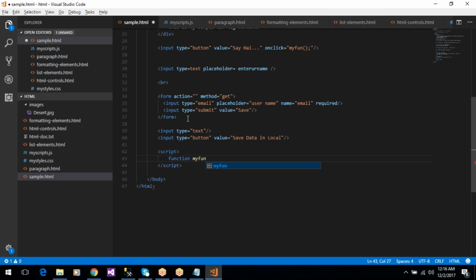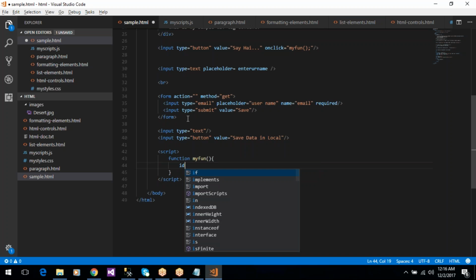Function myfunc, this is the function name. If, if it is null, if